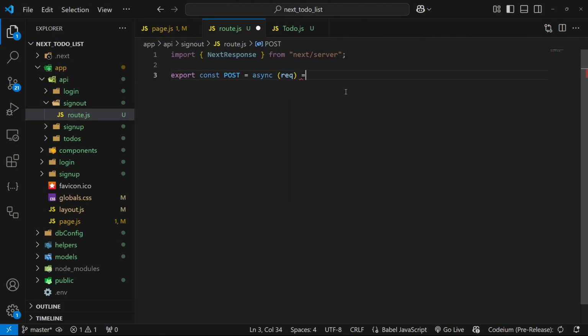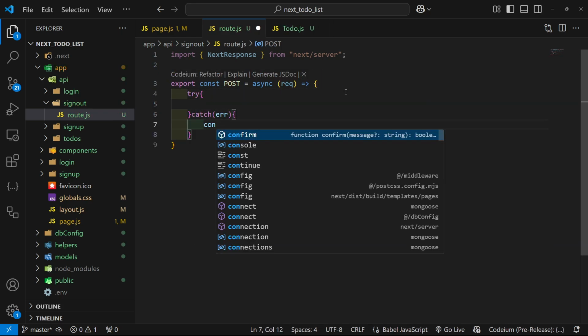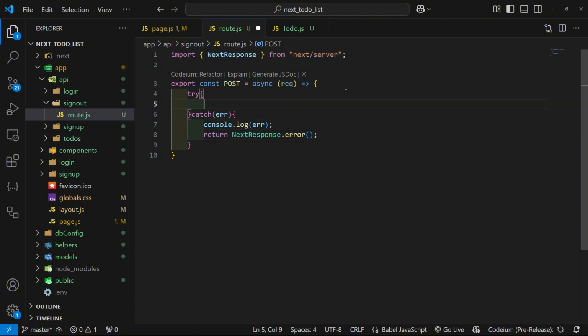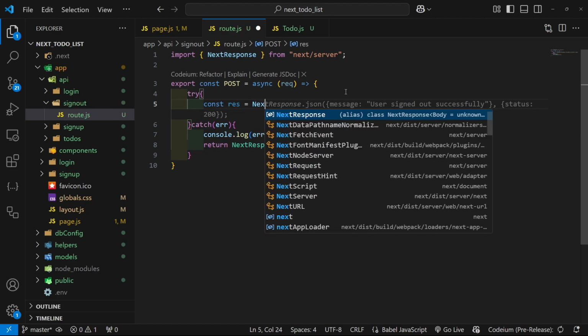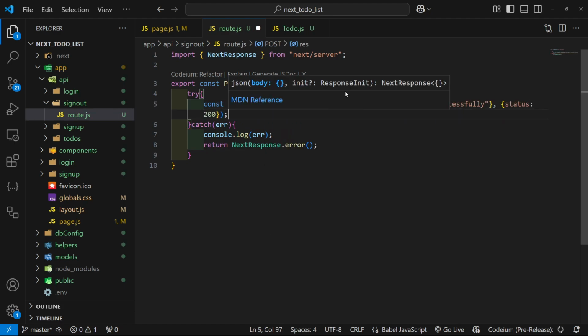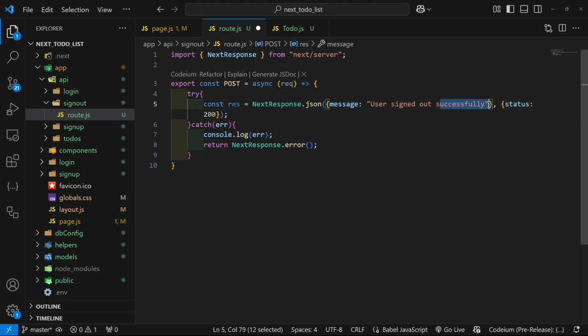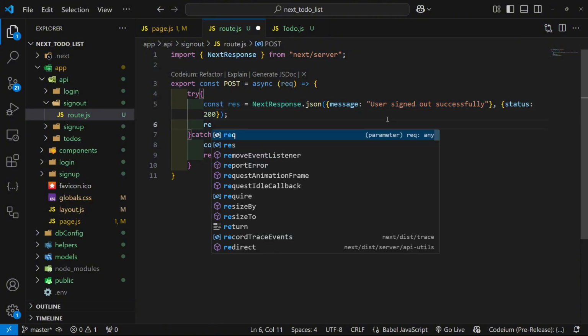And we're going to be getting the request, and then we're going to run try and catch, get the error, console log the error, and then return next response.error. Else we're just going to create a response variable, which would be next response.json with a message of user signed out successfully, status of 200, and then here we're going to write